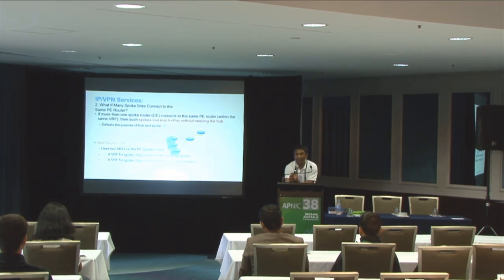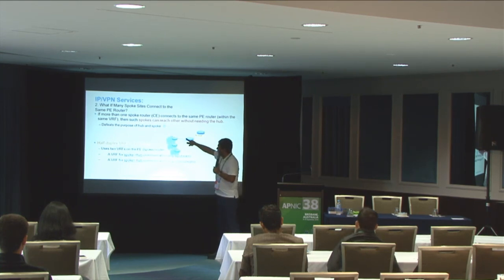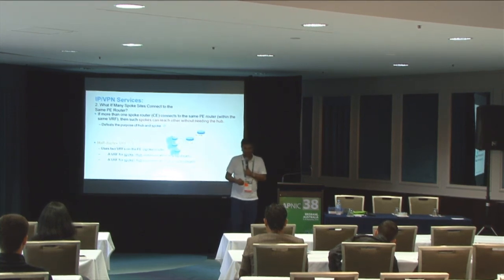But our requirement is hub and spoke. All the packets will go to the central site, and from the central site the routing will happen. How can we implement that? That's what we call half duplex VRF. Half duplex VRF means in each VRF, what we created here are